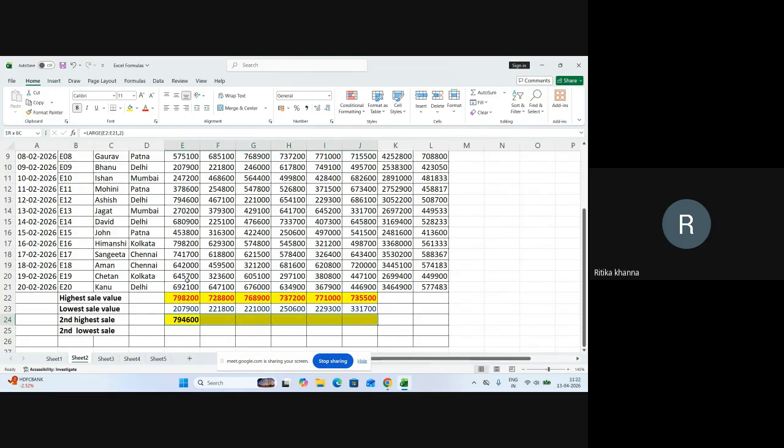जनरली क्या होता है कि कंपनीज में हम लोग नोटिस बोर्ड पे या क्लिप बोर्ड पे ये डिस्प्ले करते हैं, what is our highest sale, what is our lowest sale. So for this purpose, you can simply use the formula. Now pressing the shortcut Control R,